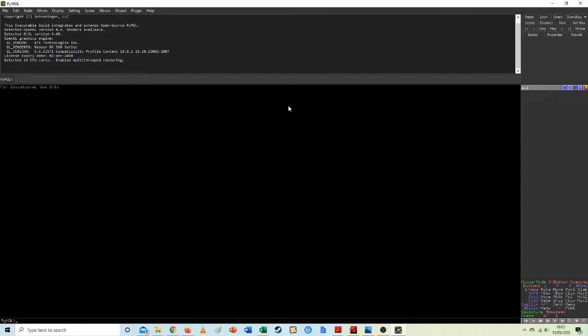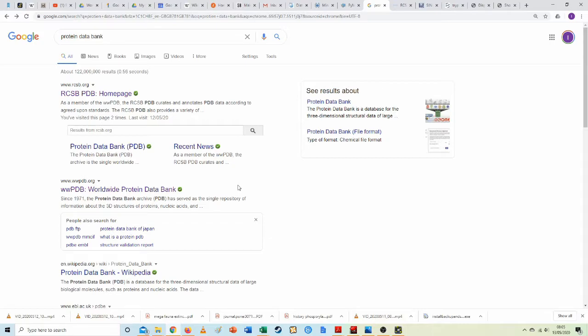Now, I cannot build a protein on PyMOL. I wouldn't even have a clue where to begin. However, what I can do is go to the Protein Data Bank. This is basically where people publish all of the proteins that they have created in PyMOL or other programs that they've used. And a lot of this comes from X-ray crystallography, which if you do chemistry,